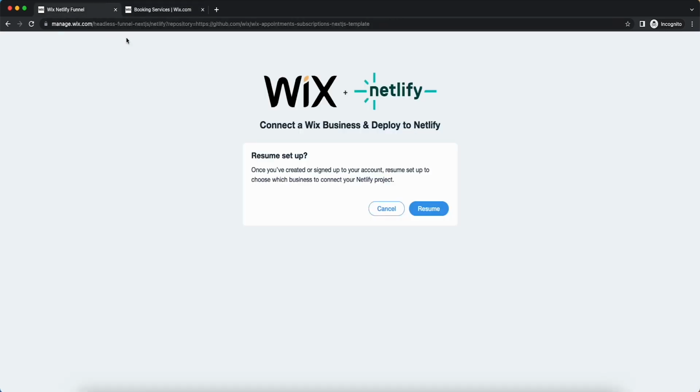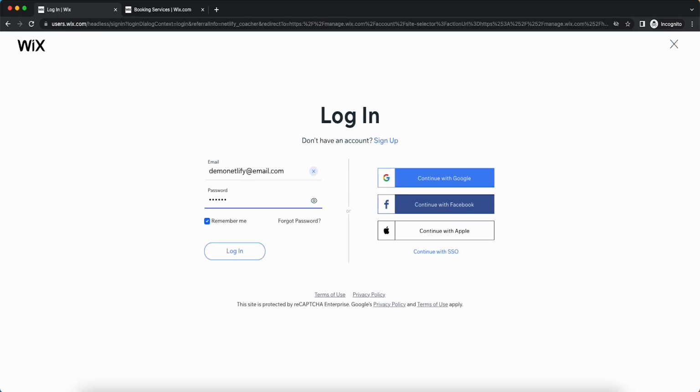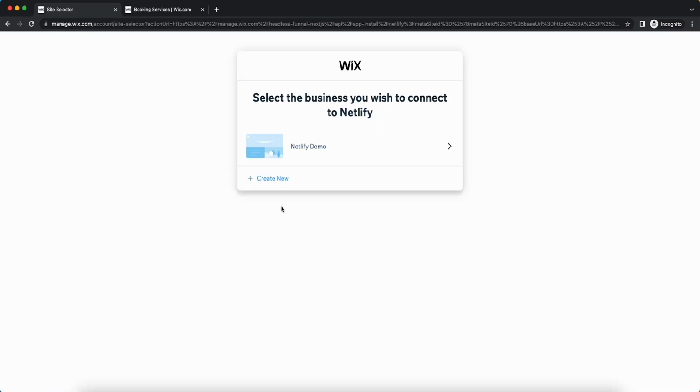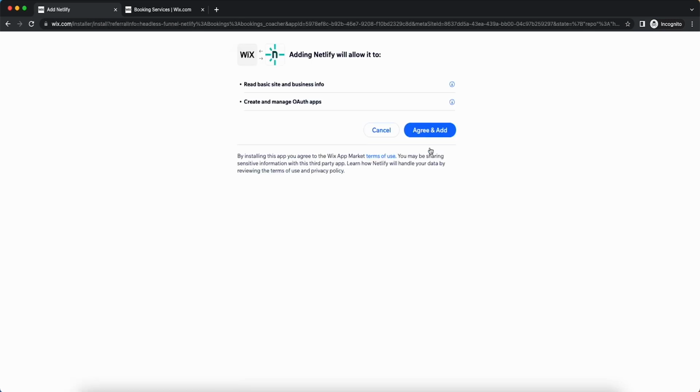To do this, let's go back to the original tab we came from, click Resume Setup, and log in to our account. We'll now be able to see our newly created project and choose it for this integration. In order for your site to be able to communicate with Wix's business APIs, you'll need to authorize it by